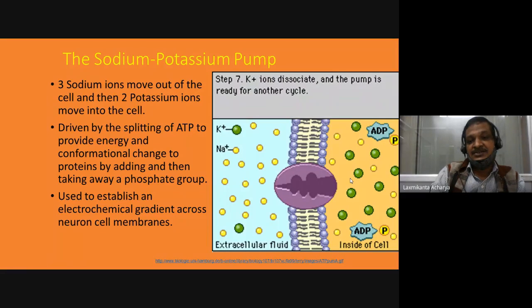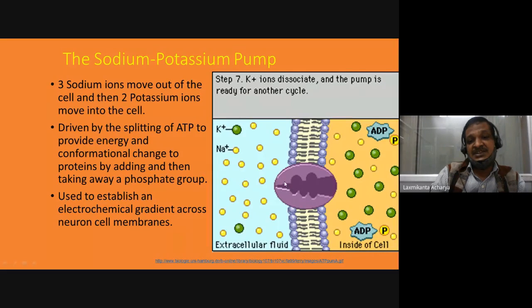When these potassium ions are moving into the cell, this is dephosphorylated, and when the sodium ions are going out, this is dephosphorylated, and